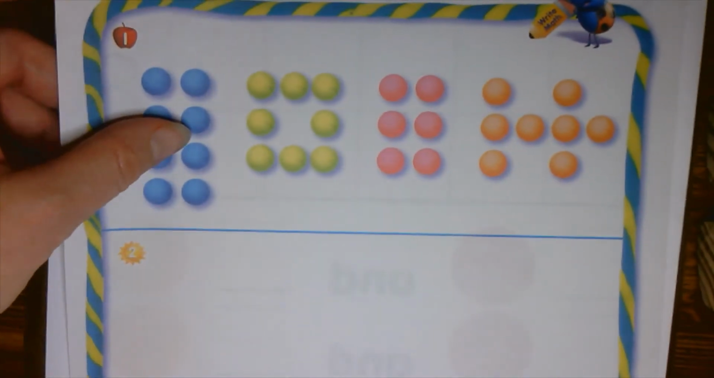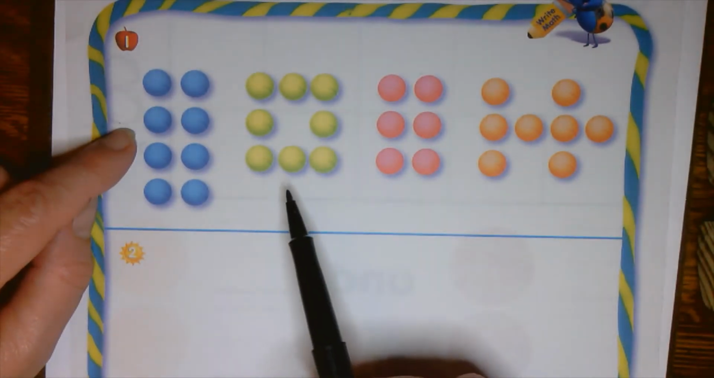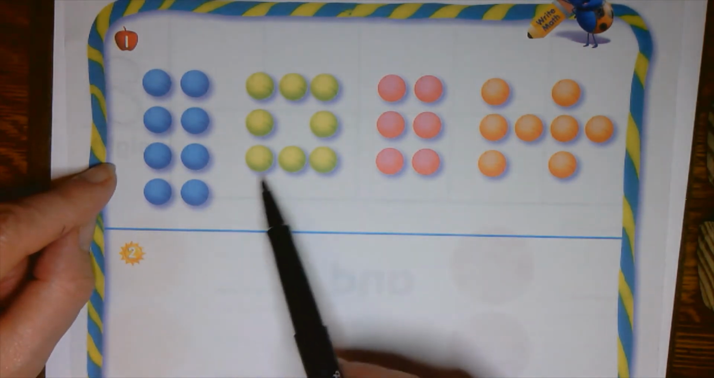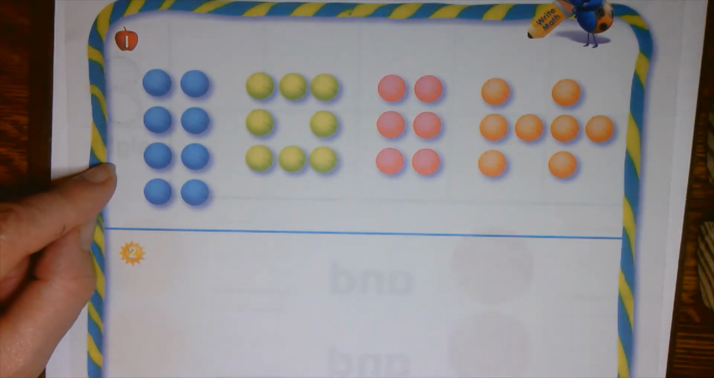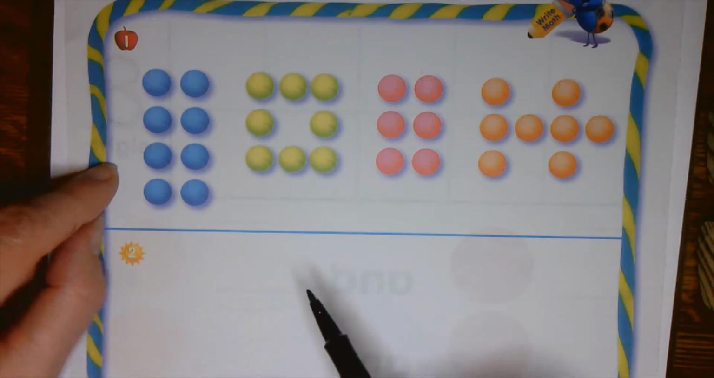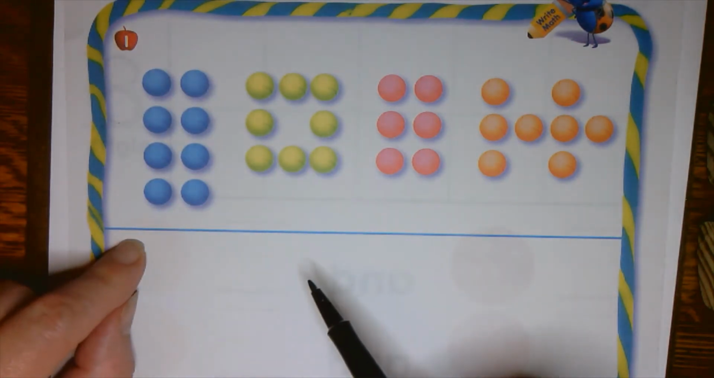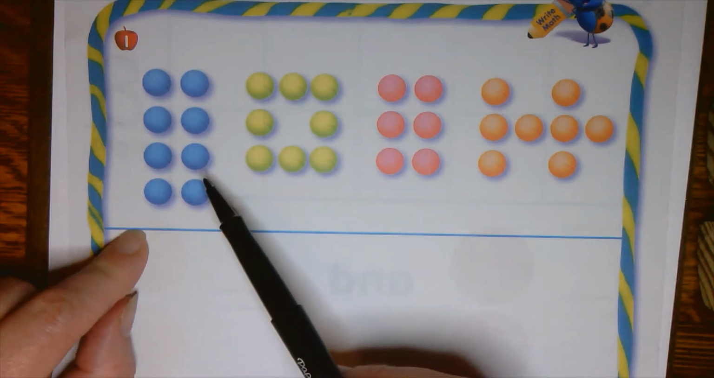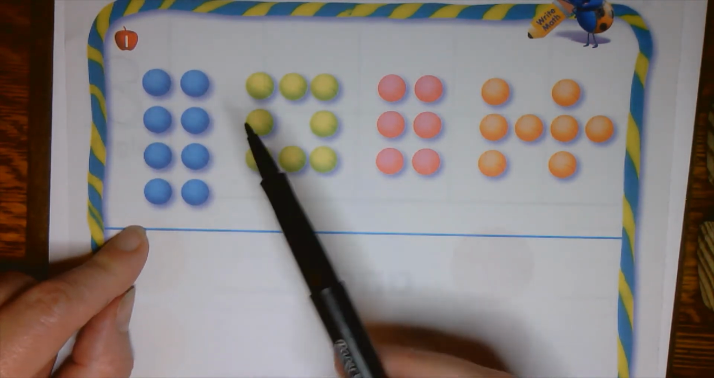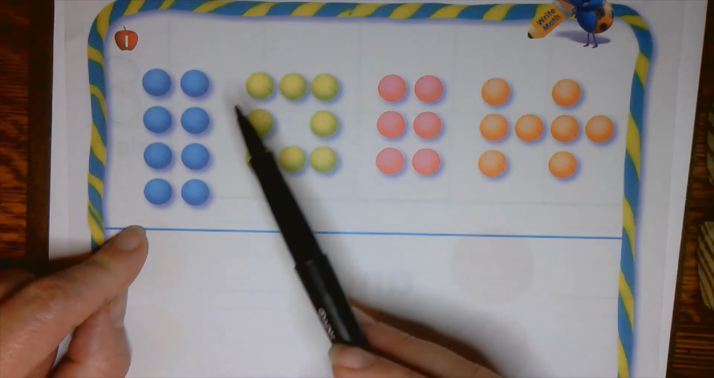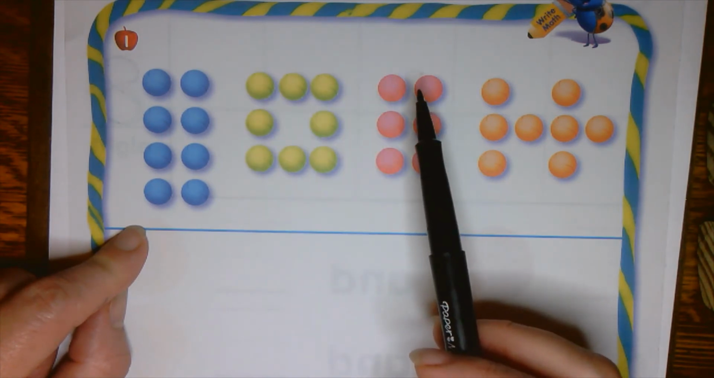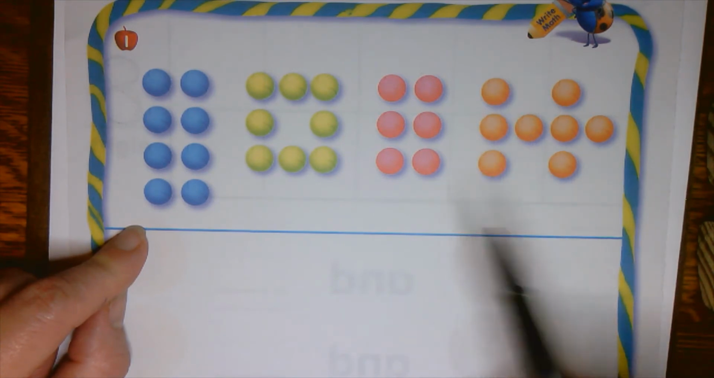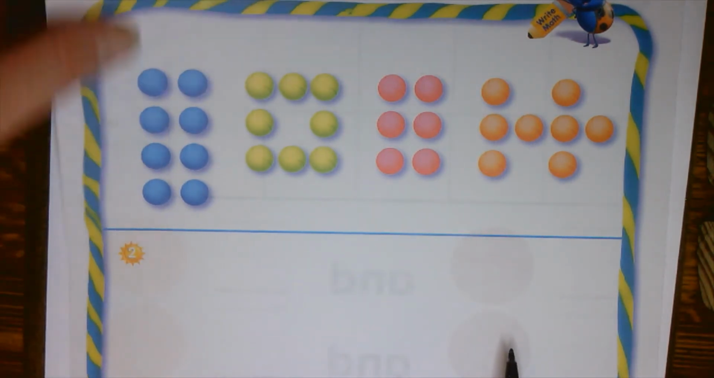Right here in number 1, you probably guessed this. You are going to look for the set of balls that has 8 items. Now, I'm going to give you a clue. There are 3 sets of balls that have 8 items. So be sure you find all 3. If there are 8 blue balls, circle it. If there are 8 yellow balls, circle it. If there are 8 reddish pink balls, circle that. And if there are 8 orange balls, circle that. Then down here,